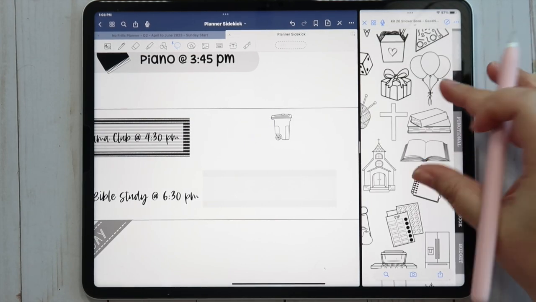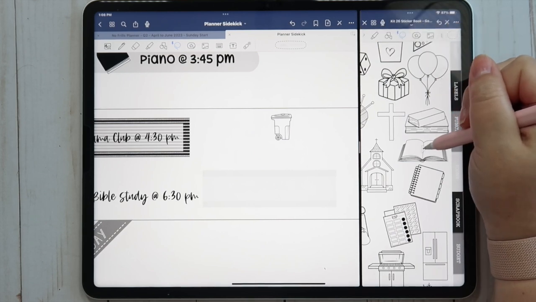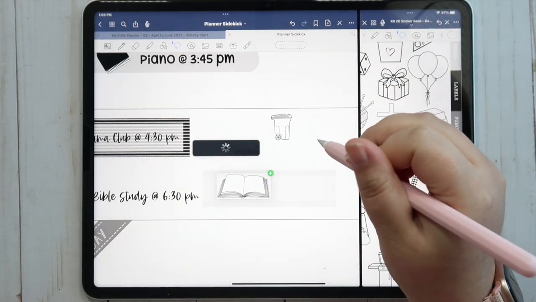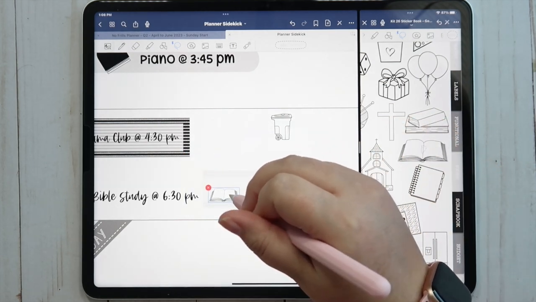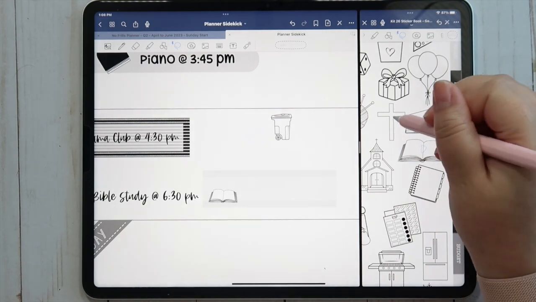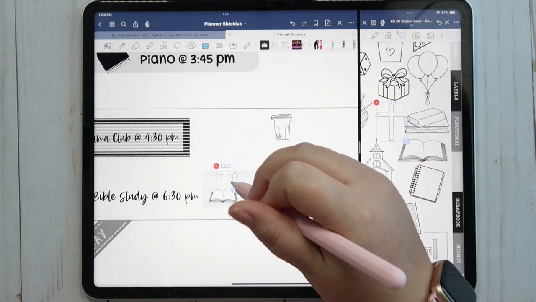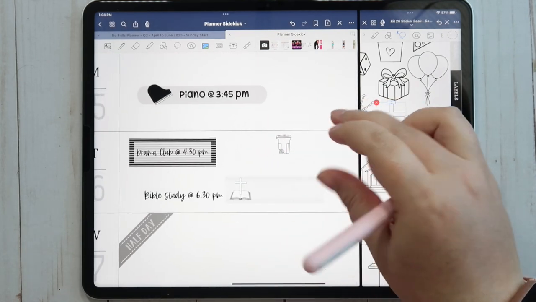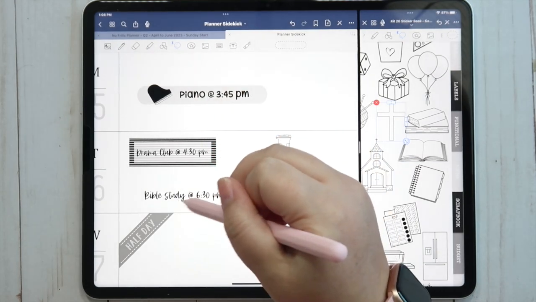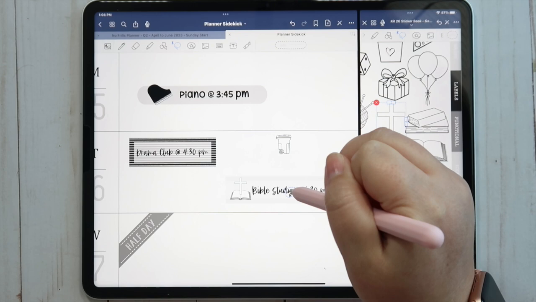Okay, and then we're gonna do this little open book like we usually do for Bible study. I love the black and white icons. I feel like they'll look really great paired with any kit. And then we'll do the cross right there. And then pull Bible study in over here.